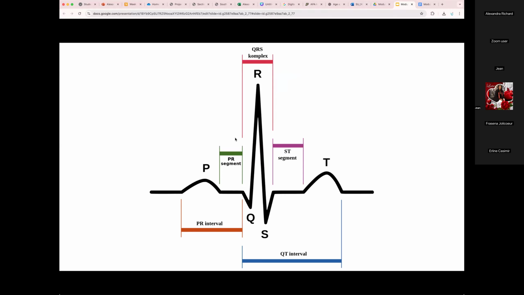We did a review of the EKG waveform, the morphology of it. You've got your P wave, and then you've got your QRS and your T. Your P represents atrial depolarization. The QRS represents ventricular depolarization. The T wave represents ventricular repolarization. Then we learned about the different